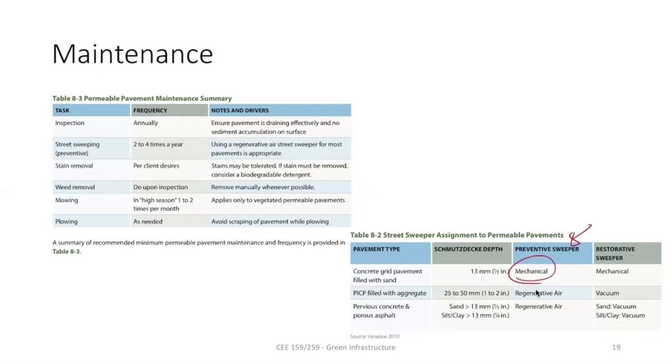For concrete grid pavements, you use mechanical methods, so you are just brushing, and the other one you just use high pressure air, you just blow on it, or you use a vacuum to remove all kinds of sediments that are trapped there. So that's all for the permeable pavement. So the next one will be